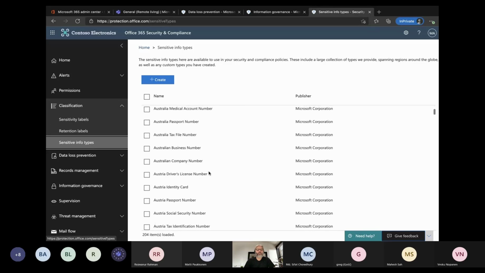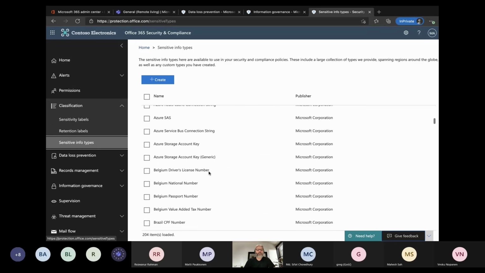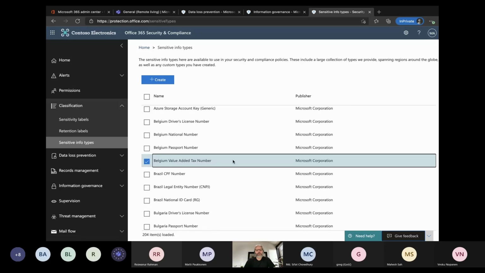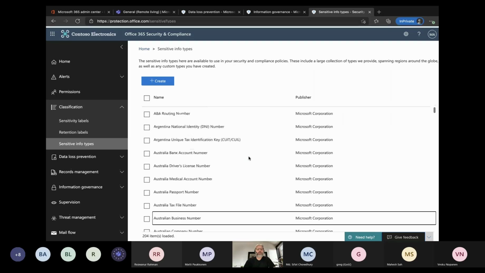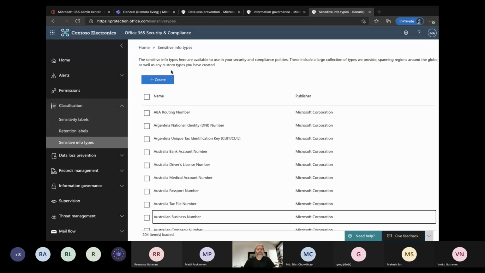So here we go. We've got this very, very exhaustive list of these sensitive information types. We can click on them and see what settings are aligned to them. And importantly, you can't delete or edit any of the built-in ones, only the customizable ones. So if you wanted to go ahead and create a custom one,